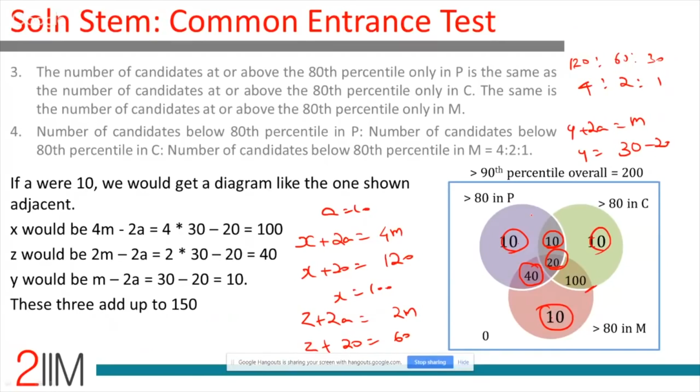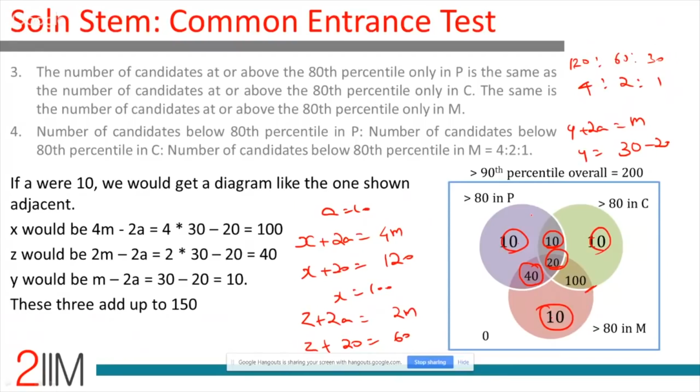So be street smart. What are the takeaways from here? Anytime you're given a ratio based thing, start with your variables. Anytime you have lots of variables and maybe more than one solution, don't go down the algebraic route, go down the street smart route. You know that a cannot take any value. A can only be from 0 to 16, and m can also correspondingly be only a set of values based on what a can be. So try different possibilities rather than algebraically framing equations and solving that.